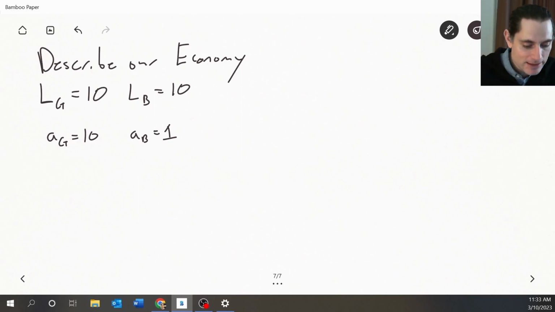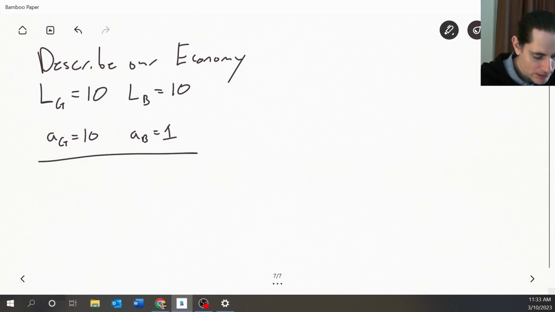Okay, so let's see what each type of person wants to spend their income on, or what their budget constraint looks like. So let's write the budget constraint for the guns. The budget constraint for guns is going to be